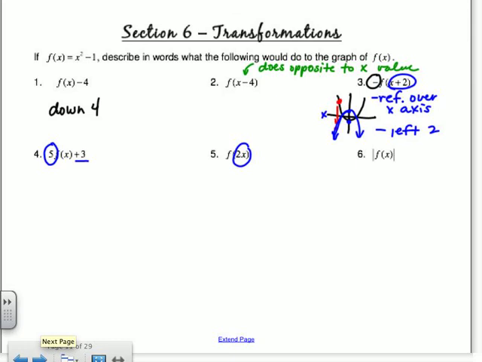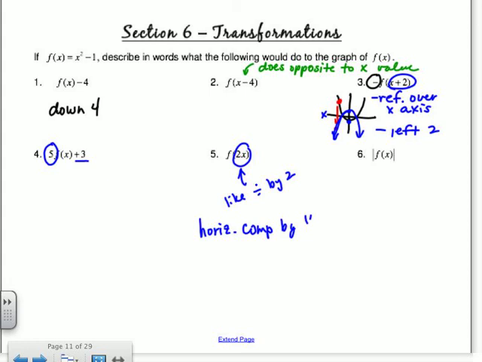And then this one's the opposite of what you think. So I would think if you're multiplying by 2, you're doing a horizontal stretch, but you're actually going to do the opposite. You're doing a horizontal compression, so we say by 1/2. So instead of multiplying by 2, it's like you're dividing by 2. So it's a horizontal